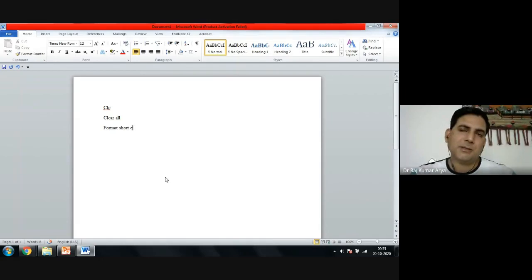It will show four decimal places, and e to the power means 10 to the power minus 5, minus 10, anything can come here. Or you can write format long e, which means you will get 14 digits after the decimal. Practically you don't need that, so short e is sufficient all the time.